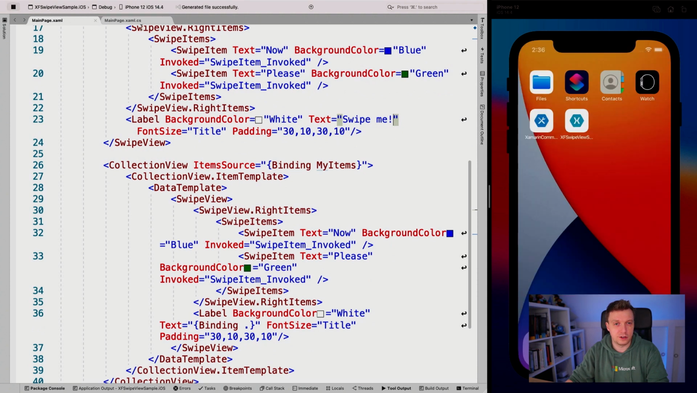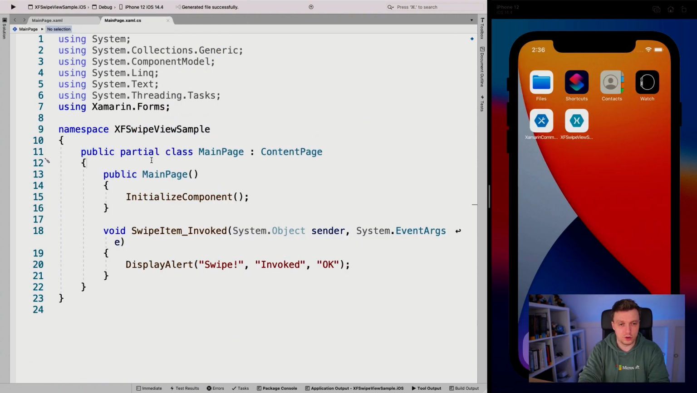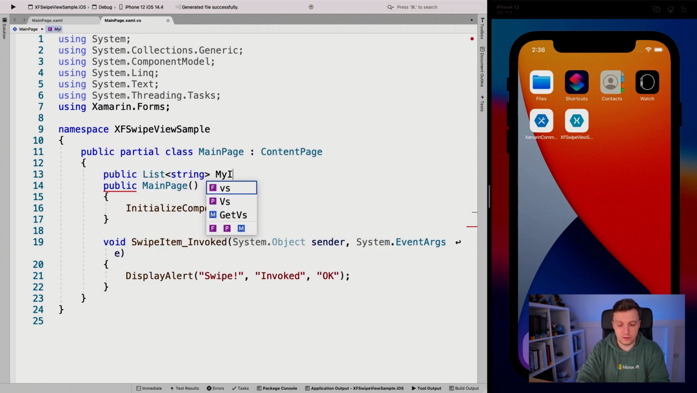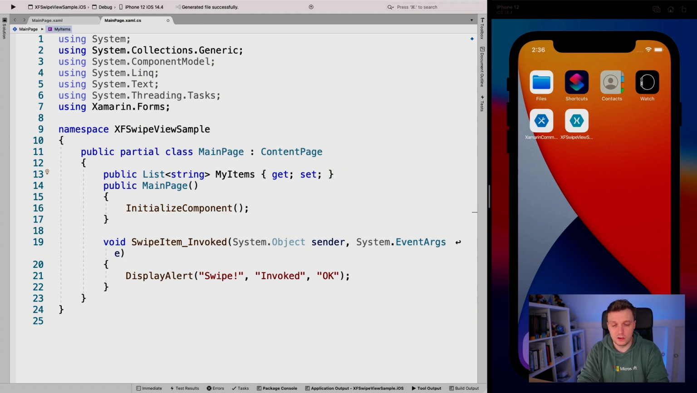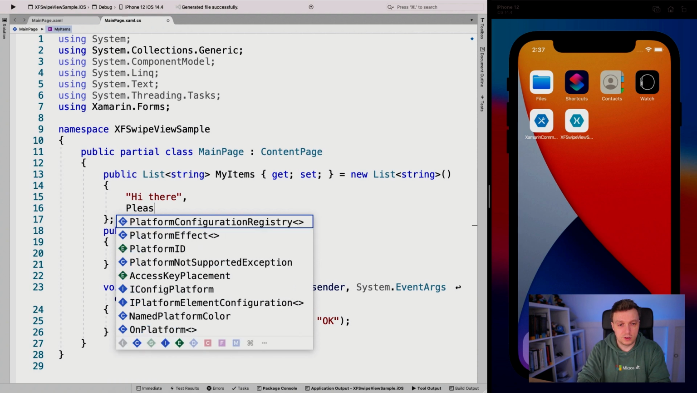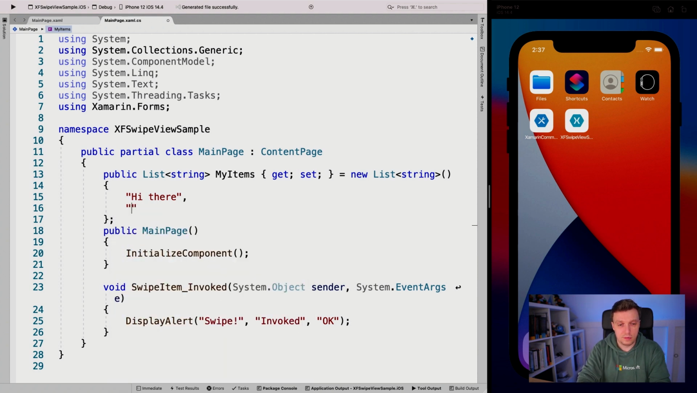So let's stop this here for a little bit, go to our code behind, and then I'm going to say public. It can be just a list of string, my items get set. Don't forget to make this a property, because that is what you need for data binding. And this is going to be a new list of string, and I'm just going to initialize it like this. So it's going to be, hi there, please, make it a string, please